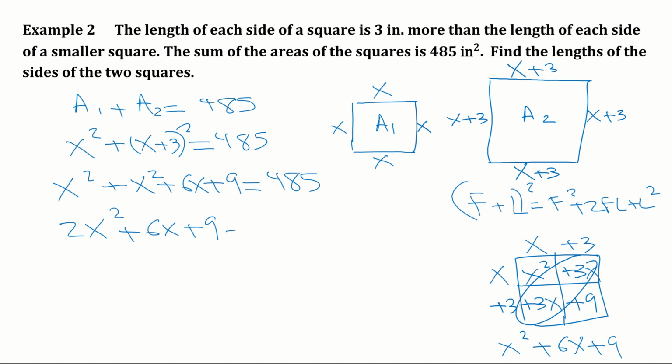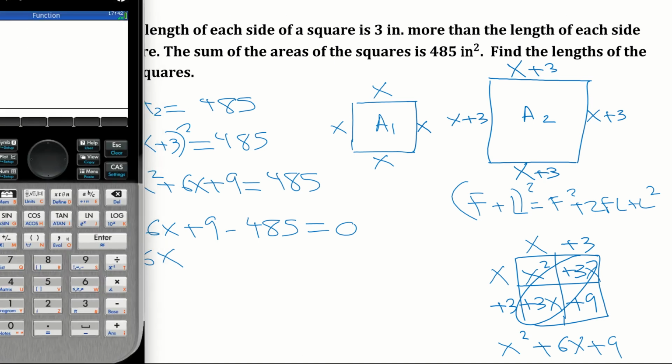I'll go ahead and move the 485 to the left side as well, becomes negative 485. So now we have 2x squared plus 6x plus, now we're going to do 9 minus 485, and we get negative 476